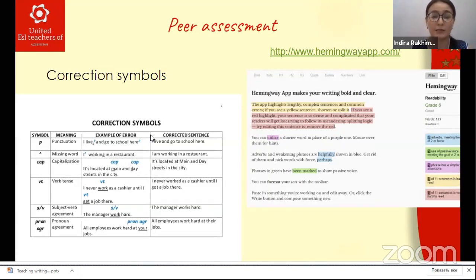And this feature can also be applied on the hemingwayapp.com website. This is a very beneficial site for teachers as well, because it directly indicates what is missing in your writing, or what is extra in your writing, what kind of adverbs are wrong, or what you misuse in this writing. This is very helpful to make our writing perfect, and to help our learners to sound very accurate.